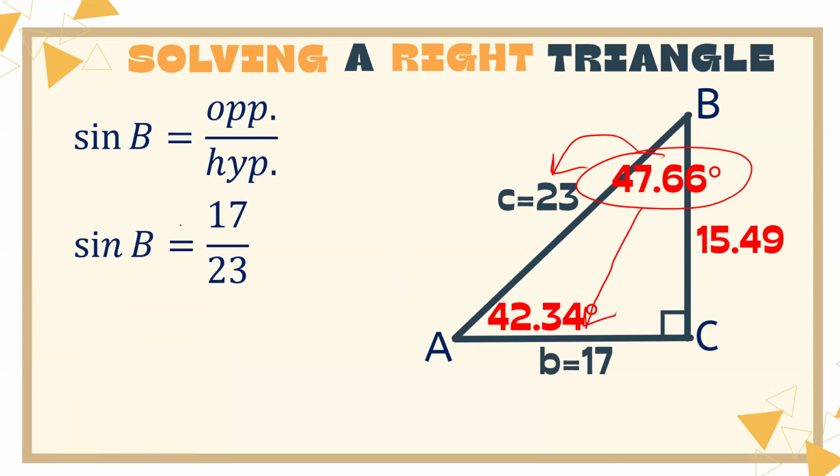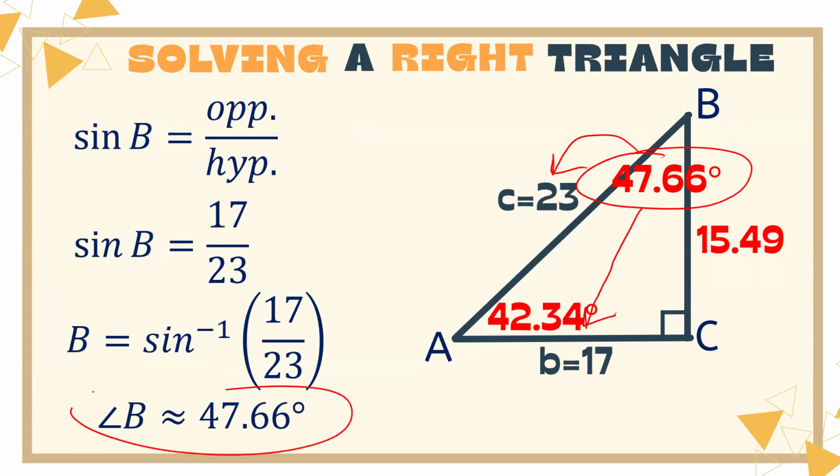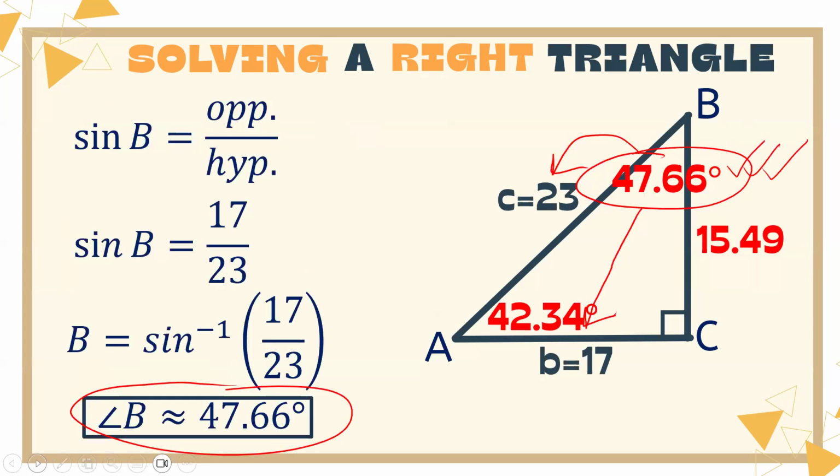So you have sine B equals 17 over 23. Then shift sine, 17 over 23, we get 47.66 degrees, which is the one that we got using the angle sum theorem. Let's check whether we get the same answer using cosine and tangent. Okay, use your calculators and check whether you get the same answers for